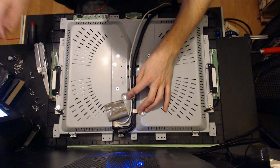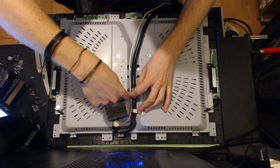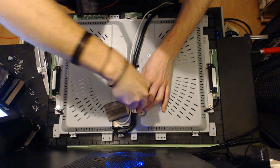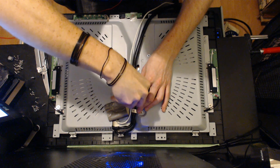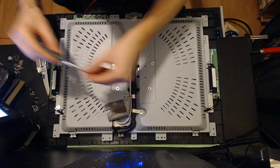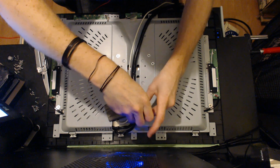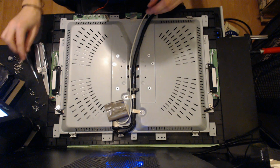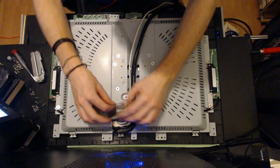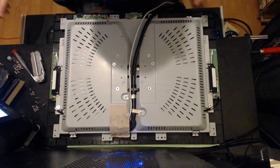So from here we're just going to reinstall everything. Just starting with this cable so it's in its correct place. Oh my god, dangerous knife. And you can lay this tape just back over. Okay, so the trick